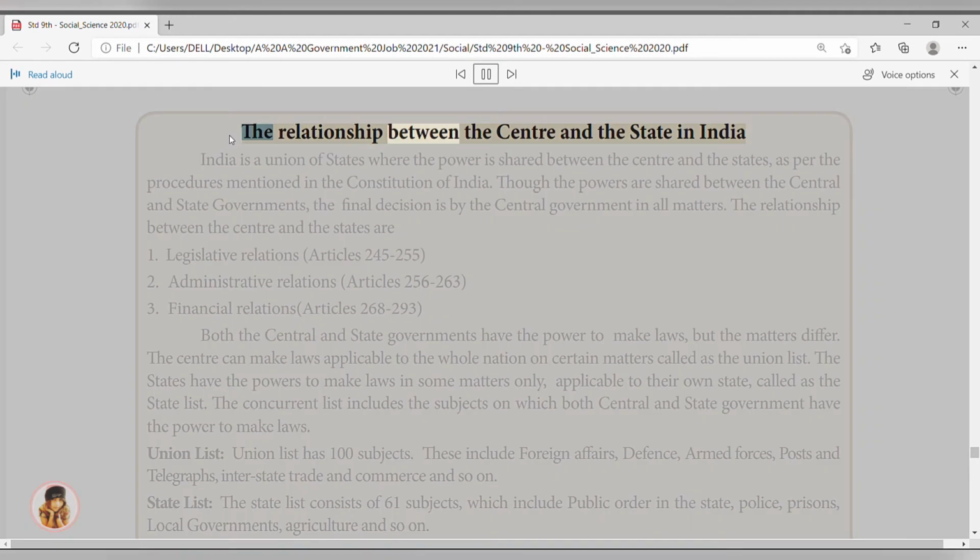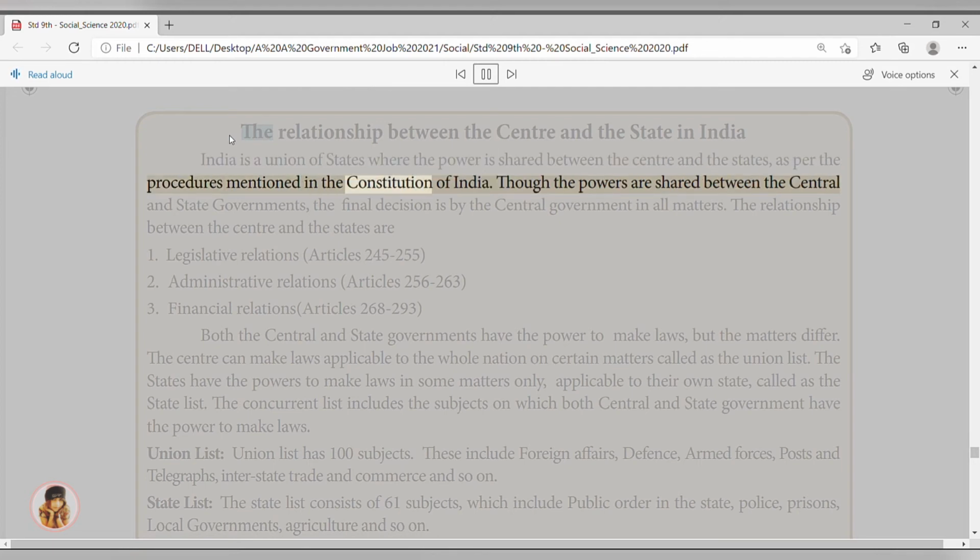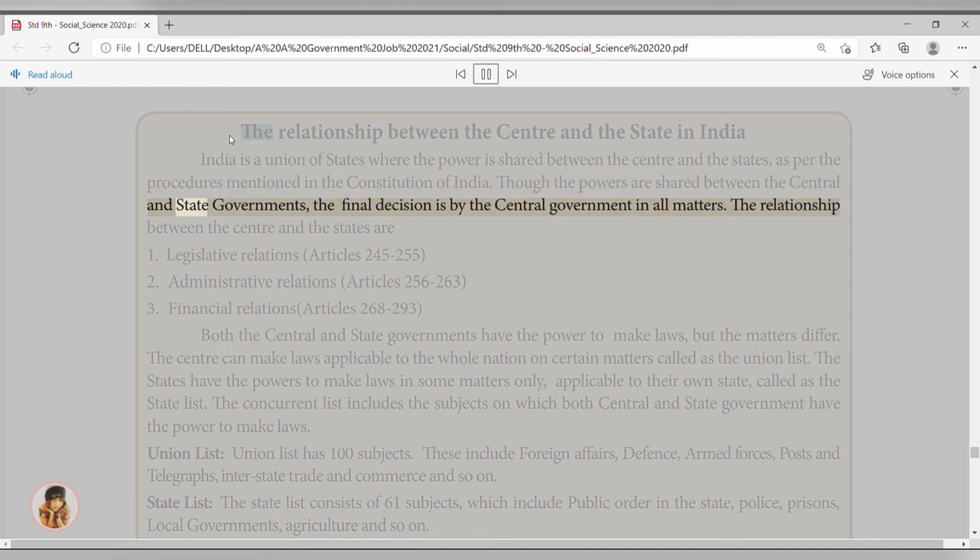The relationship between the center and the state in India. India is a union of states where the power is shared between the center and the states, as per the procedures mentioned in the Constitution of India. Though the powers are shared between the central and state governments, the final decision is by the central government in all matters. The relationship between the center and the states are